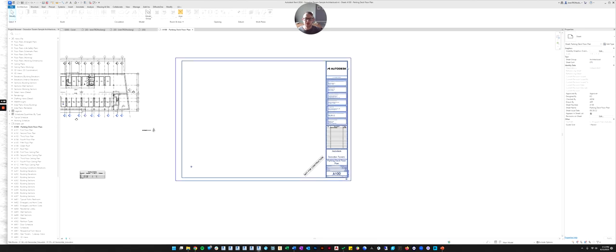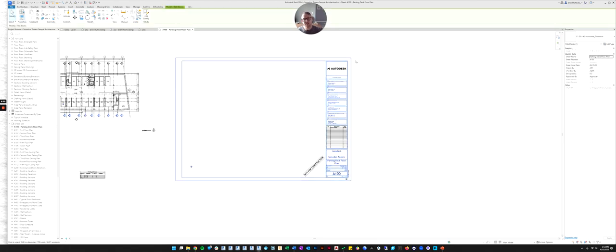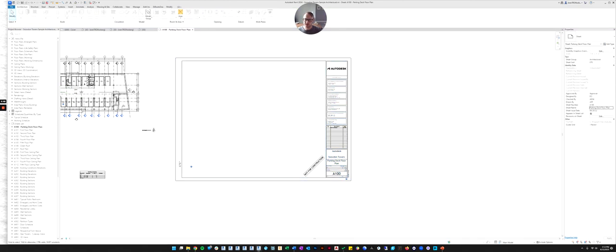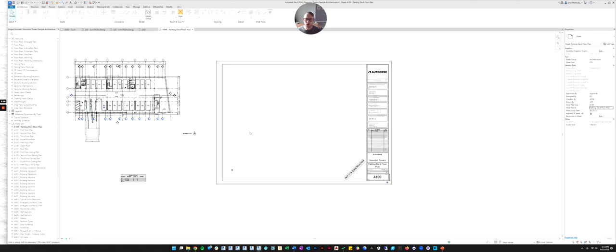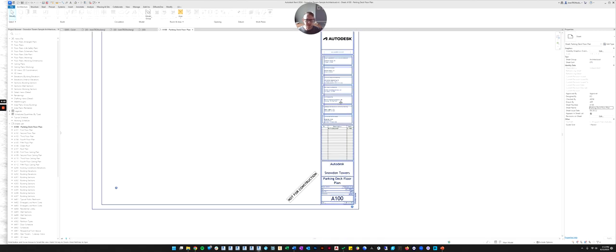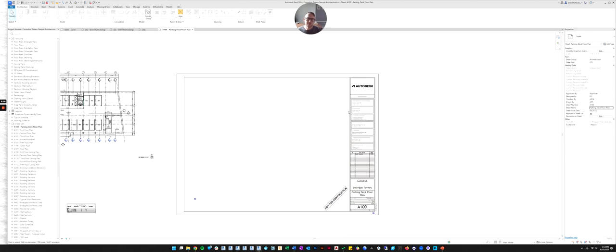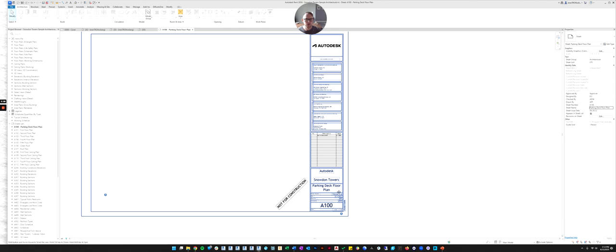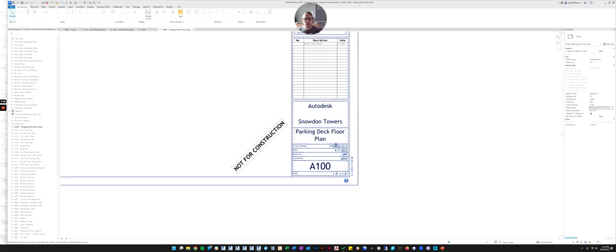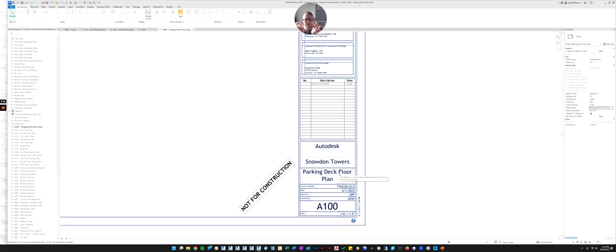The other element that we haven't talked about yet is the title block. The title block is this whole thing. It's the border and the whole formatting that we put all of the views and everything else on. You can see a title block varies. Every company has their own title block, so they never look exactly the same, but there are some common elements. The point of the title block is to tell anyone that's looking at the sheet what the sheet is displaying.